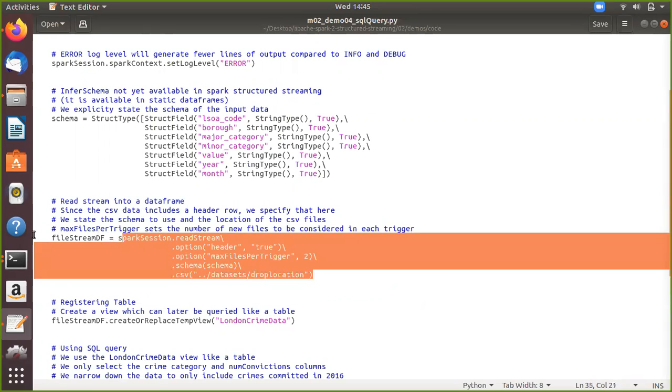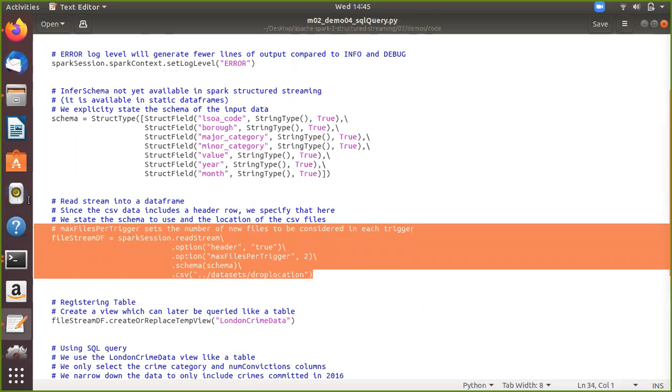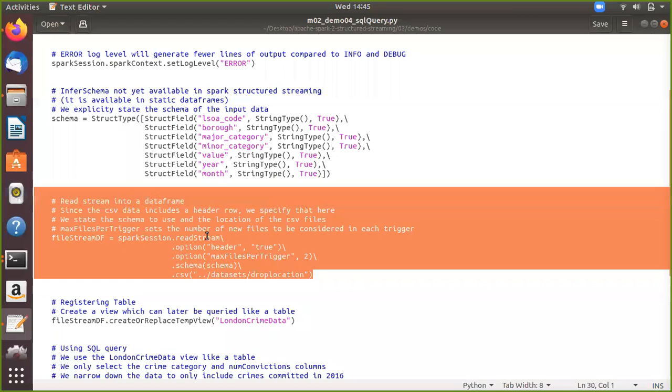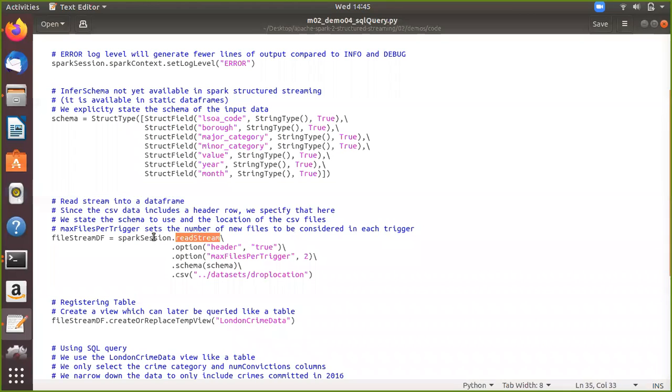You need to be comfortable and understand how we are reading the data using the readStream function in Spark, and how we are copying it into a data frame. I hope you understood what we are doing here. Any questions on what we have discussed today? Otherwise, if you don't have any questions or doubts, we can move to the next program.